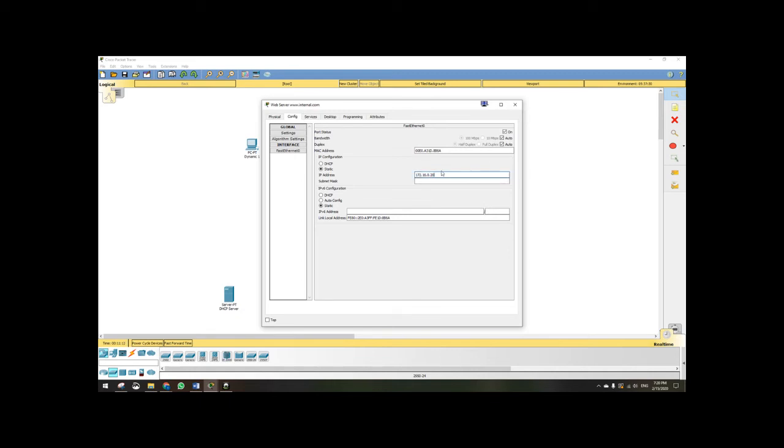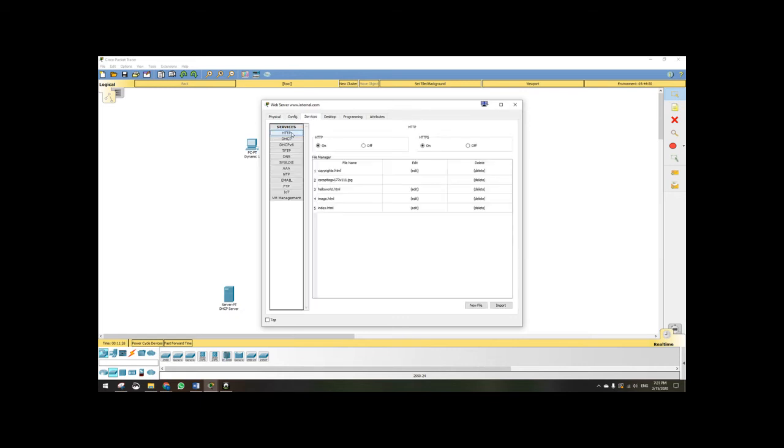Oh no, now since it's another server, we will use the 30 IP address, and the subnet mask automatically appears. Now we're going to our service configuration, the HTTP and the HTTPS will remain on, and